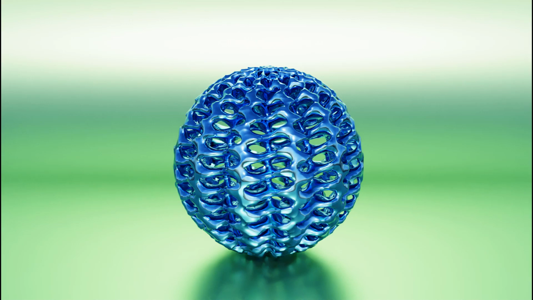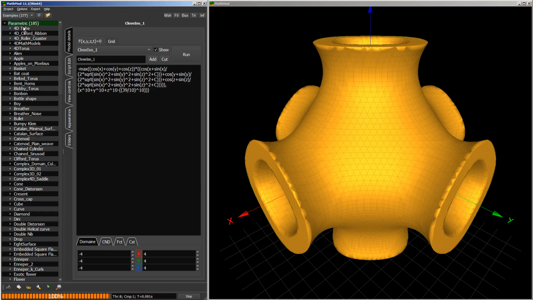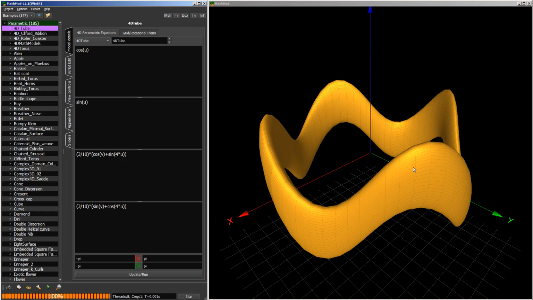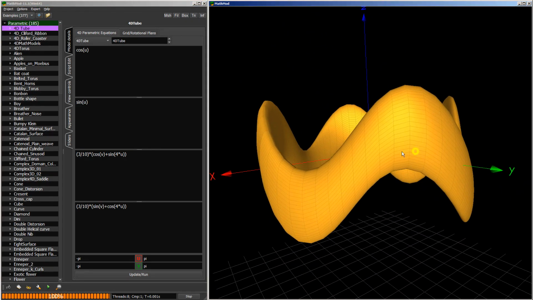In this tutorial, I'll show you how to use MathMod with Blender. MathMod works just like Blender's math functions, but it's more sophisticated. It's got a lot of built-in mathematical formulas, or equation-based 3D objects that can be exported to Blender as OBJ